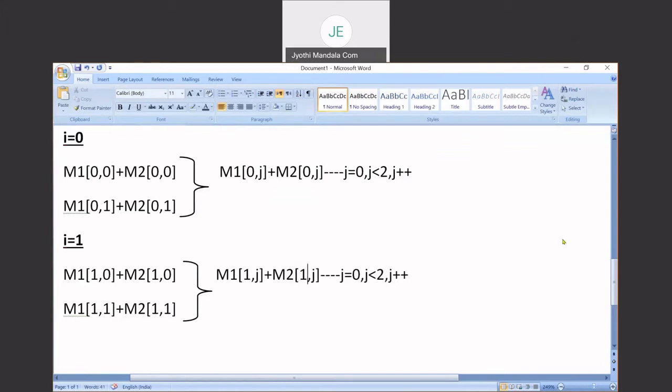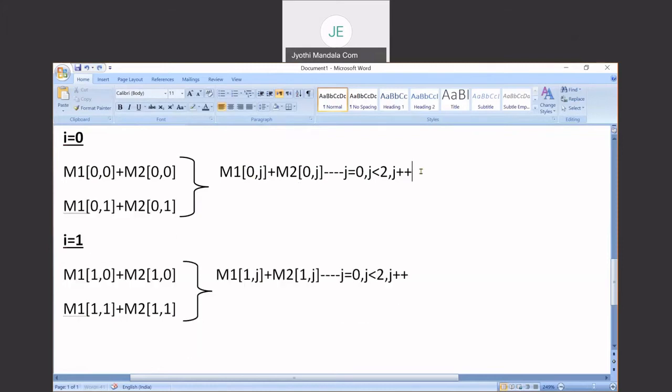Is this clear to all of you till now? In both the cases, this value is fixed, that is 0, and J value is from 0 to 1. And in both these statements, this value is fixed and the J value is from 0 to 1. I think this can be repeatedly written like this. This statement I'll write here for your simplicity.